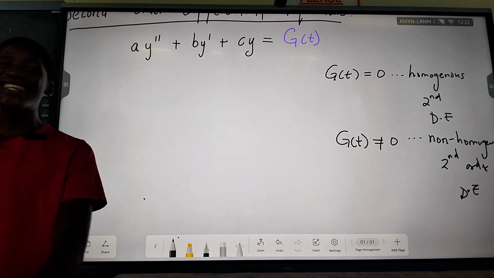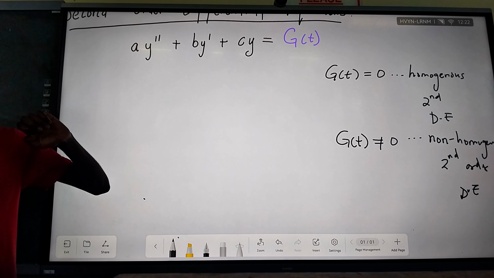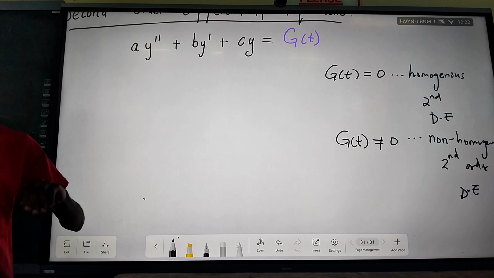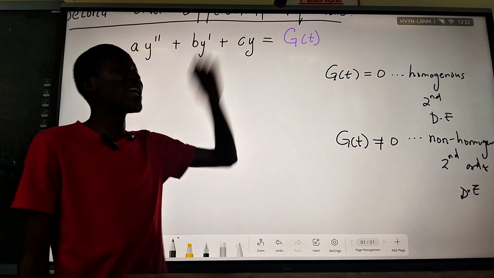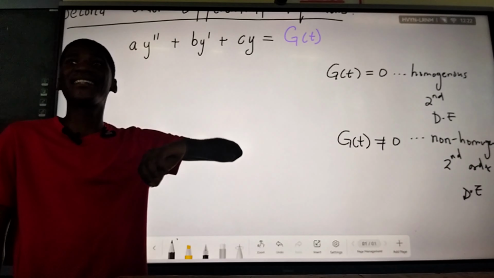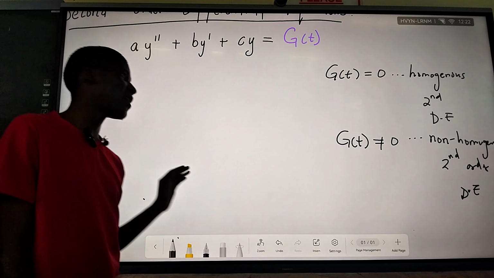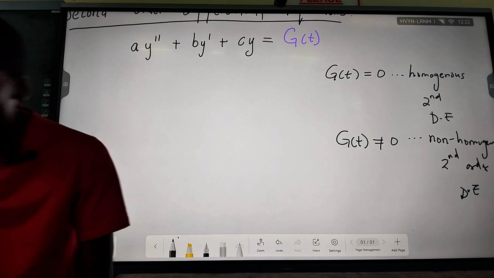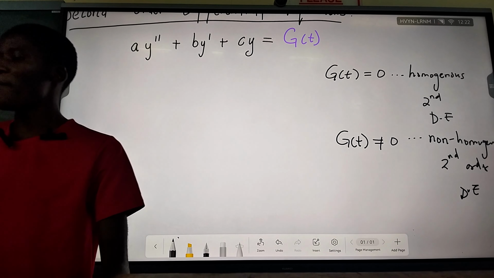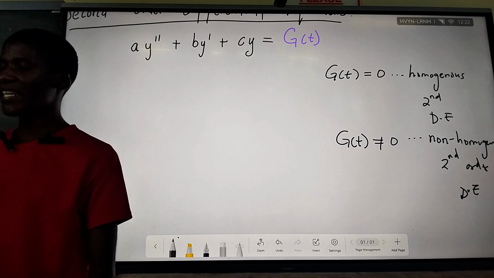So when you are given a differential equation, how do you see that it's a second order differential equation? The first thing is that the second derivative is the highest derivative within the equation. Then the second thing is to check whether the term is 0. If it was 0, it's homogeneous. But if it's a non-zero term, it's a non-homogeneous term. So our general solution here uses constant coefficients.